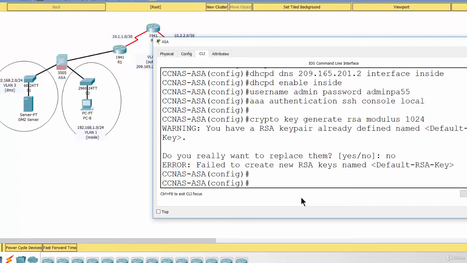Next, we configure the ASA to allow SSH connections from any host on the inside network and from the remote network at the branch office on the outside network, and then set the SSH timeout to 10 minutes. Inside,